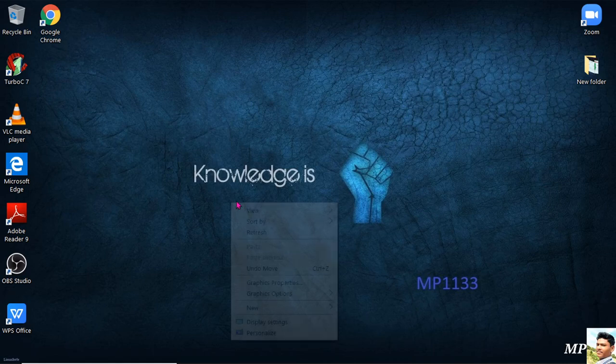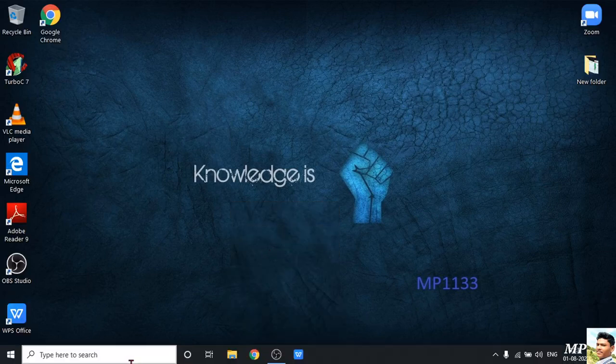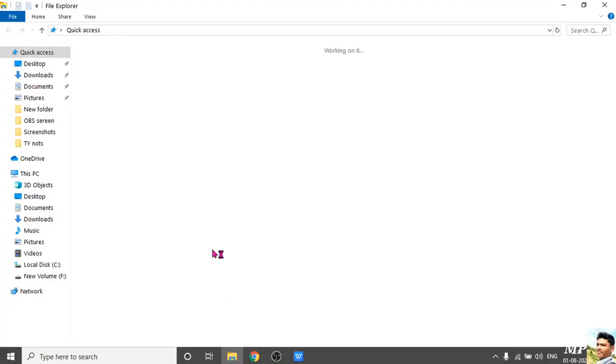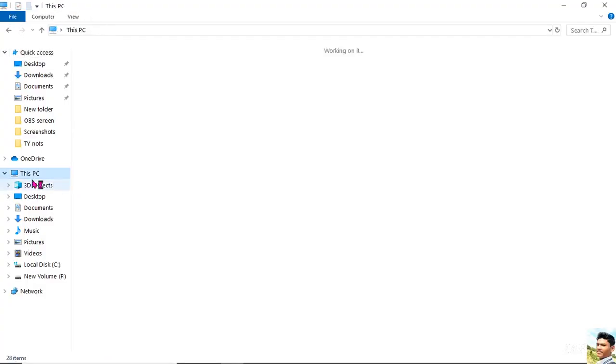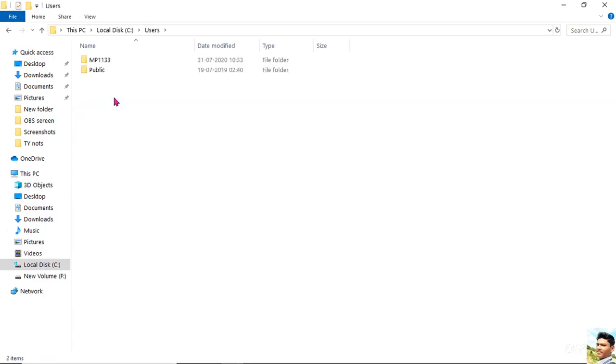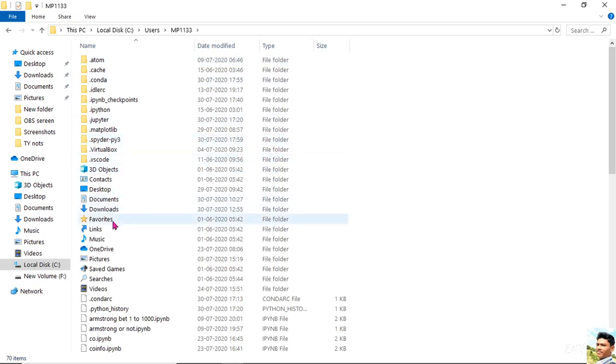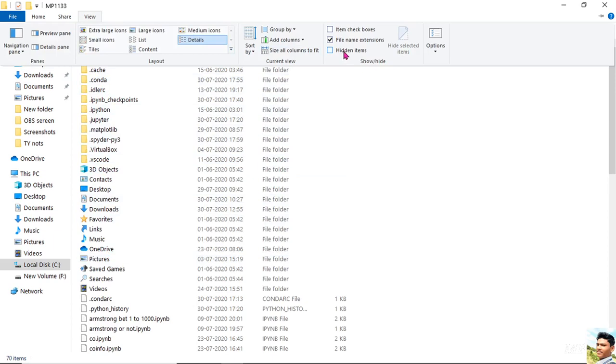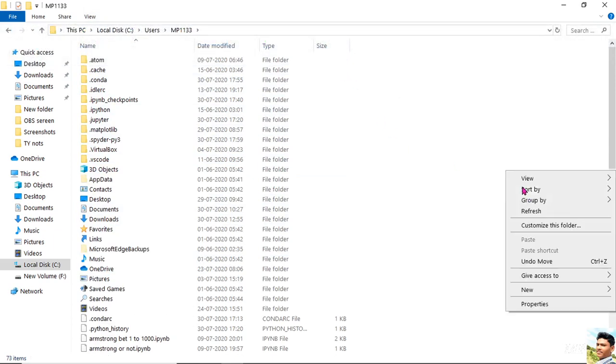Here I am going to locate the first path for copying it. Go to This PC, Local Disk C, Users, your default user, and after that AppData. It is not showing, but go to View and check Hidden items.